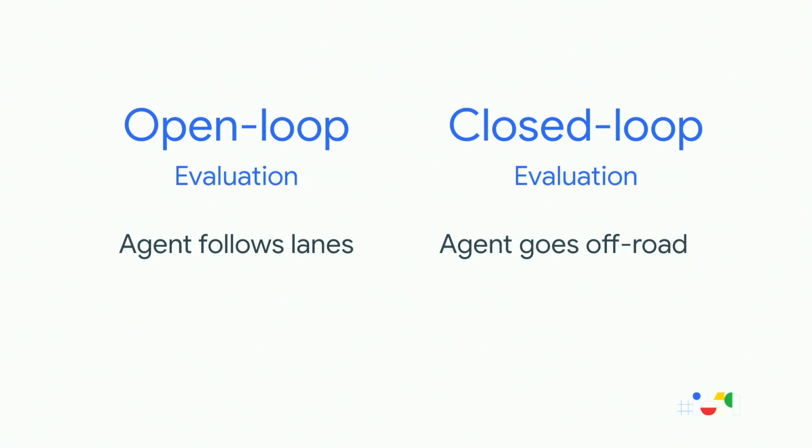So let's look at what our network does in our very first test. The very first test is the simple task of lane following. We find that it's able to follow lanes seamlessly in open loop, but in closed loop, it goes off-road. Now let's look at why that is. So here is a single test example. Blue dots are the past, and red dots are the future locations predicted by the net. You can see that these locations are well aligned with the lane boundaries, which shows that the agent did a good job using this net as a driver.